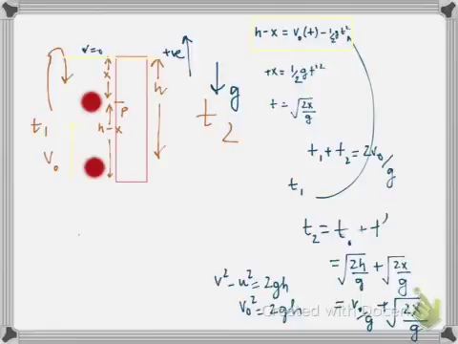Therefore if we just rearrange this equation in terms of a quadratic equation like half gt square minus v naught t plus h minus x equal to 0, then this is a quadratic equation which will give two values of t, and these two values of t will be t1 and t2 because we are pointing at the point P, and at this position it comes at 2 points, t1 and t2.